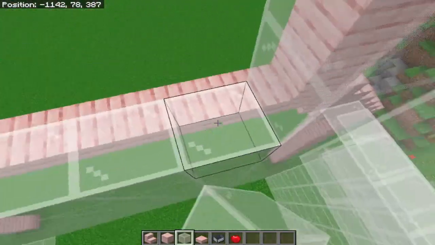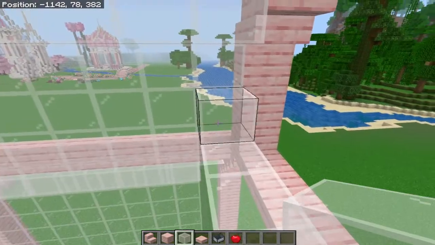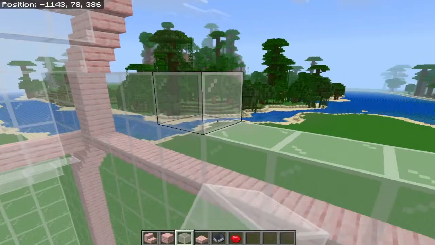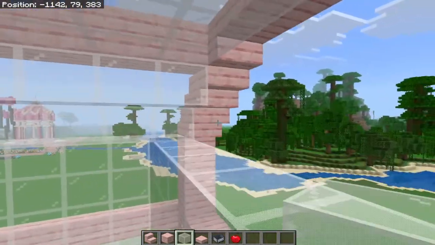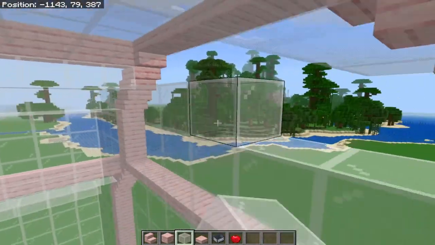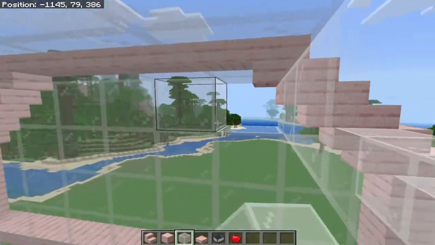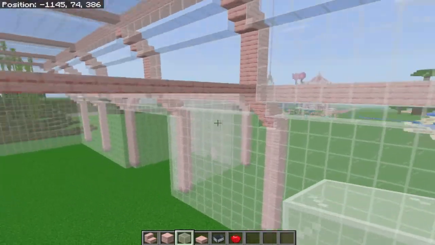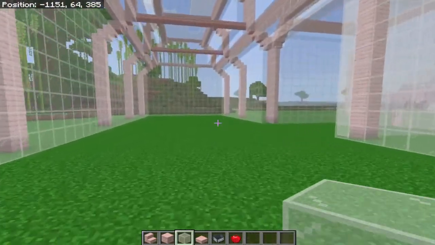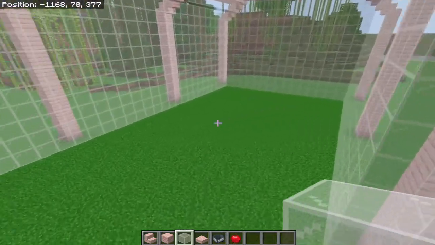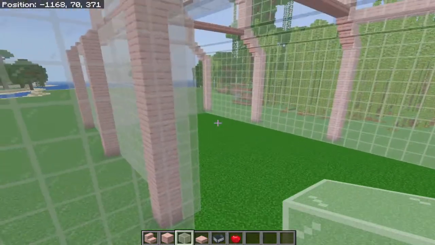Oops. Okay. Last piece of glass. Very nice. Okay, so the question is, do we want raised garden beds or